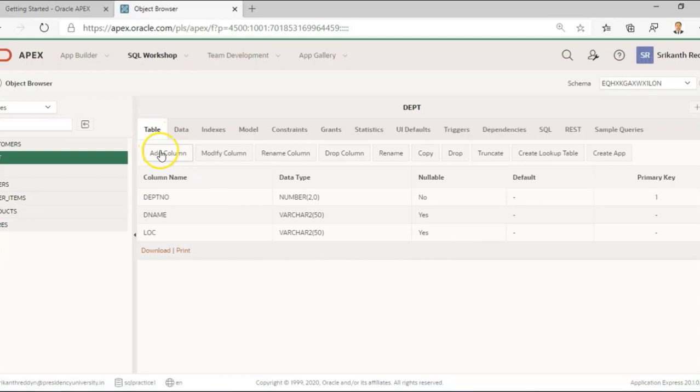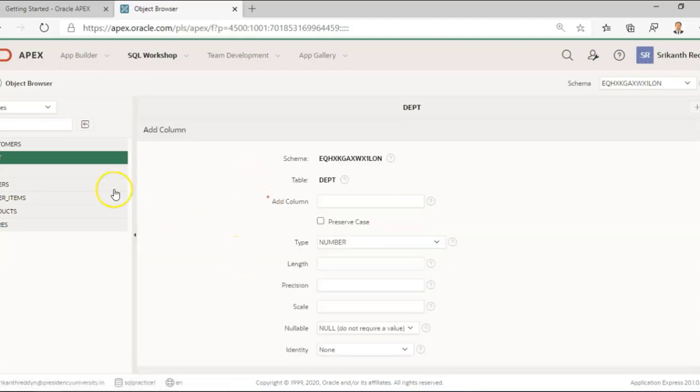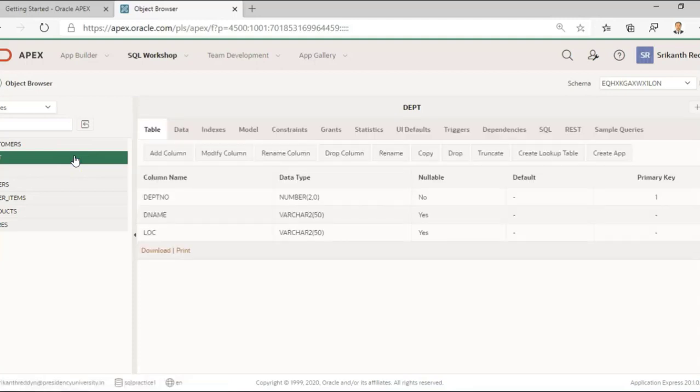Here you can see add column, modify column, rename column, drop column, rename, copy, drop, truncate, create lookup table, create app. So here we can do these things in a graphical interface, like adding a column. Basically what we are doing is using SQL, we are executing commands to do the same thing.